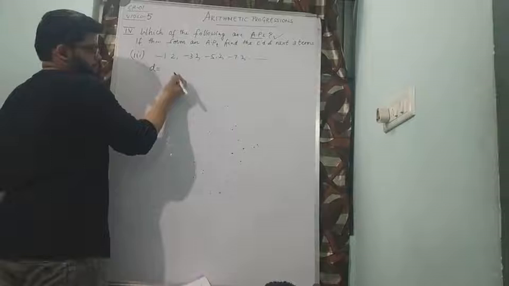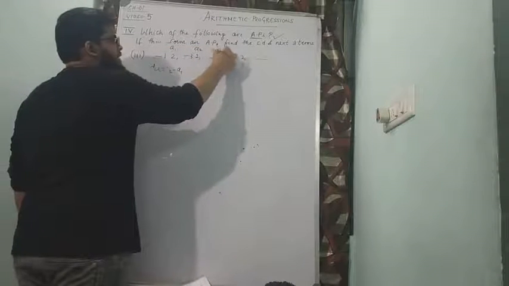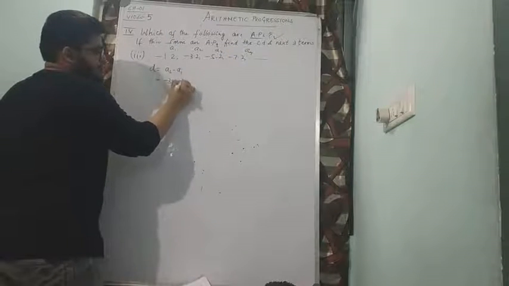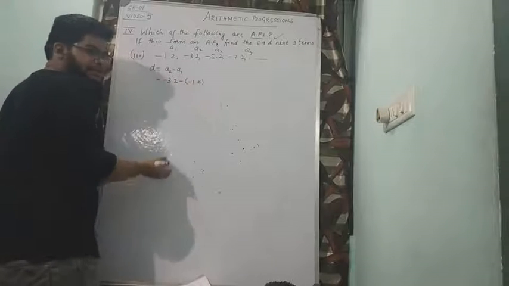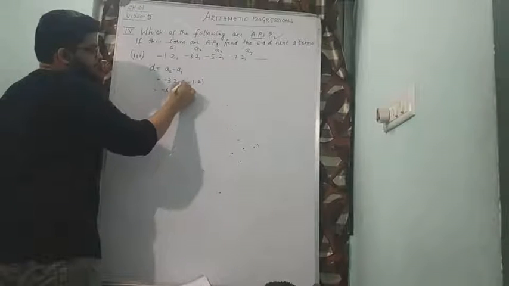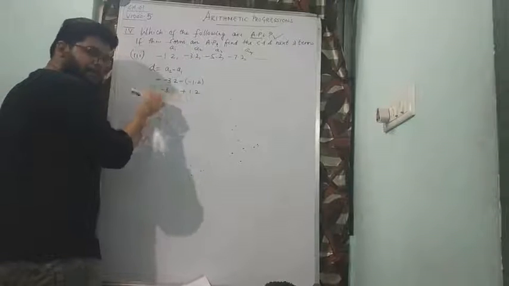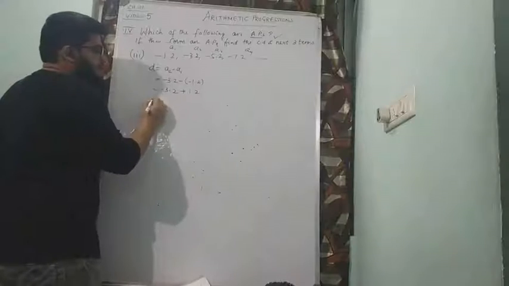So D is A2 minus A1. If you are confused, you can write it above this. A2 is minus 3.2, followed by a minus sign. Next, A1 also has a minus sign. You have seen some problems like this already. Minus 3.2, minus into minus is plus 1.2. Now minus into plus will be minus. We have learned sign multiplication. So that means this should be subtracted.